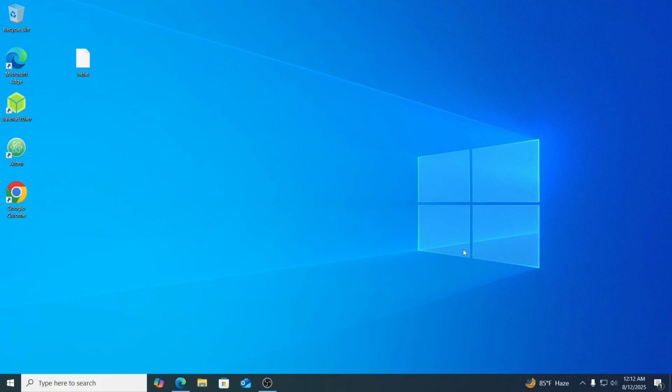After that, just go ahead and restart your computer and hopefully your problem should be fixed. And basically that is how to fix blank white desktop icons on Windows 10 laptop or desktop